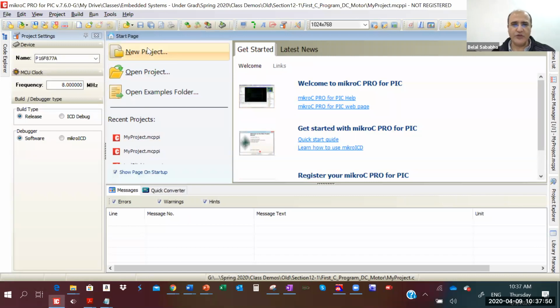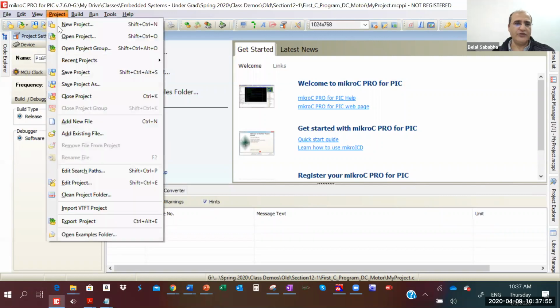We want to start a new project. Okay, you can do this new project, or from project, just do a new project. Okay, let's do a really quick project to blink port B and C, for example. And then we'll add a motor: read a push button, and if it's pushed, we turn on